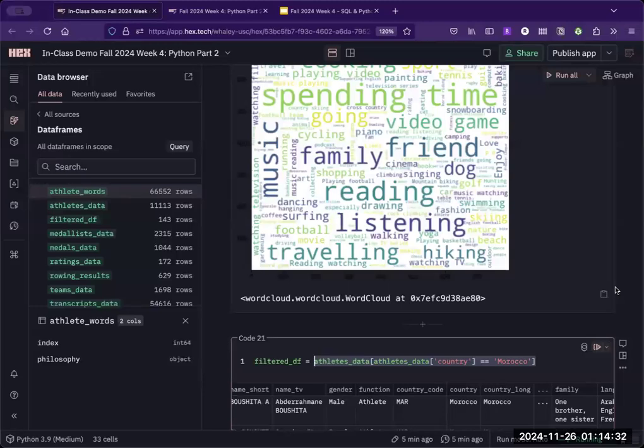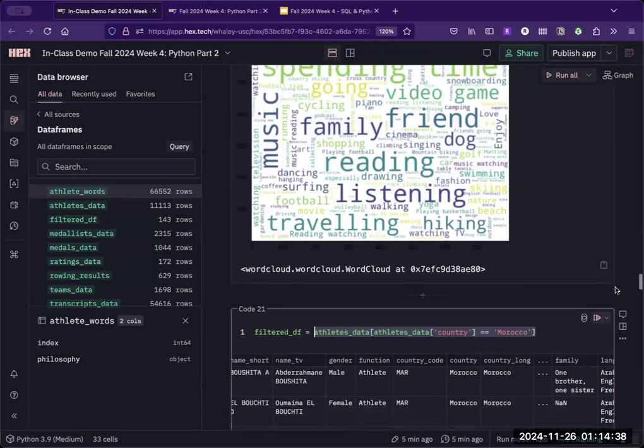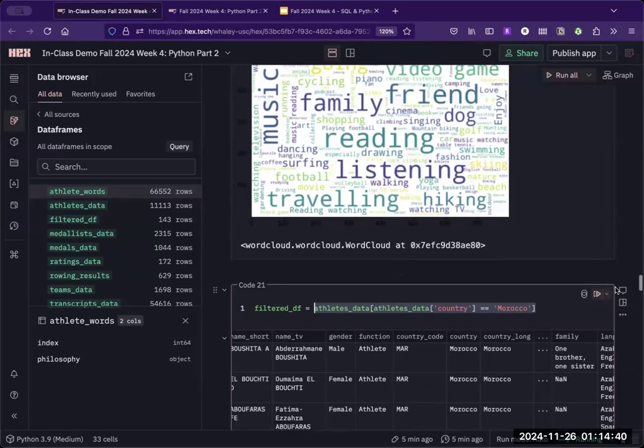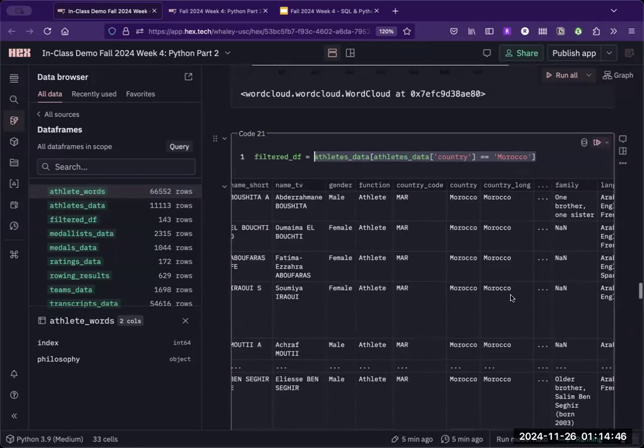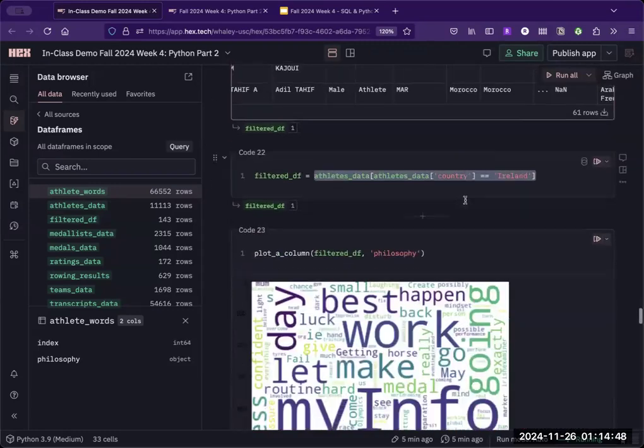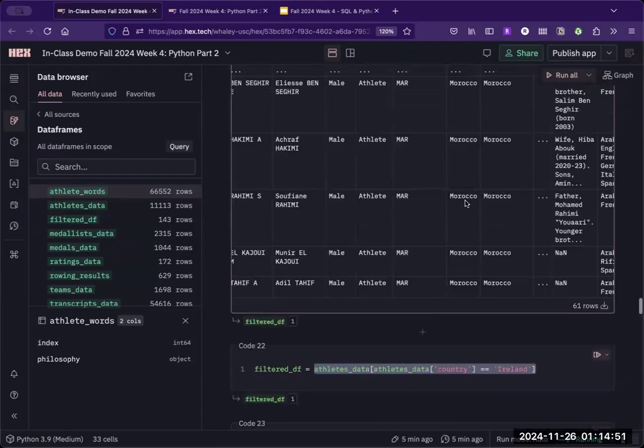What about you? How are you doing? I don't know why there are column name and column to filter, so I thought I wrote filtered data frame equals data frame and square brackets, data frame column to filter equals filter value. Something like that. All right, sounds like you're getting close. Here, let's look at yours. Seems to work, but